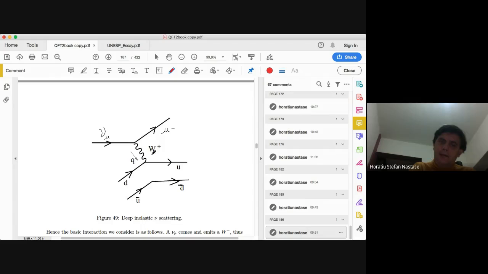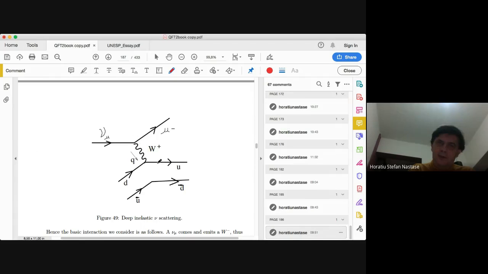So I want something with... so the point is, if I use an electron probe in here, what dominates the reaction is the electromagnetic interaction. When I exchange a photon, when the incoming electron